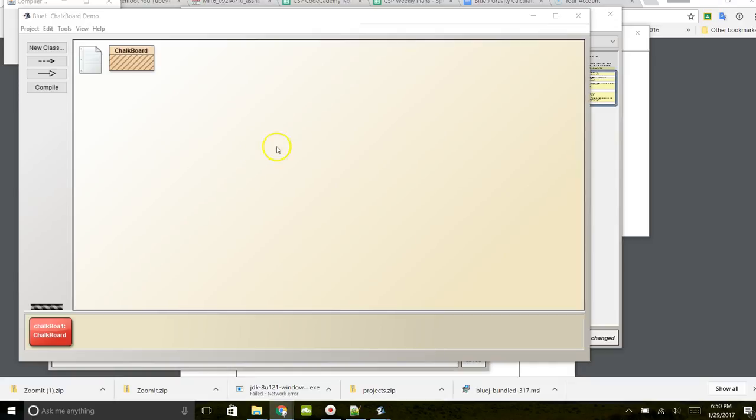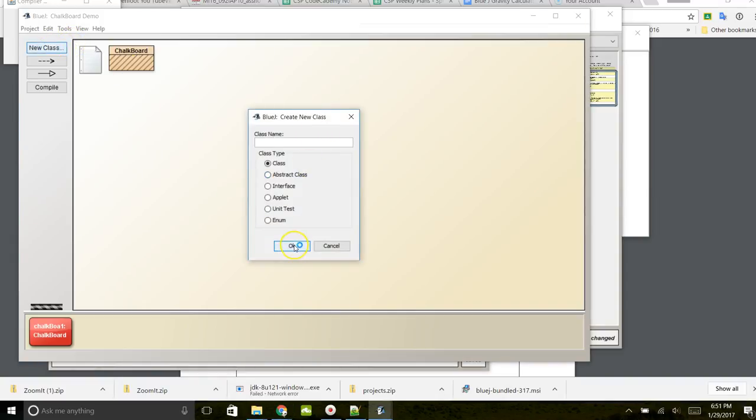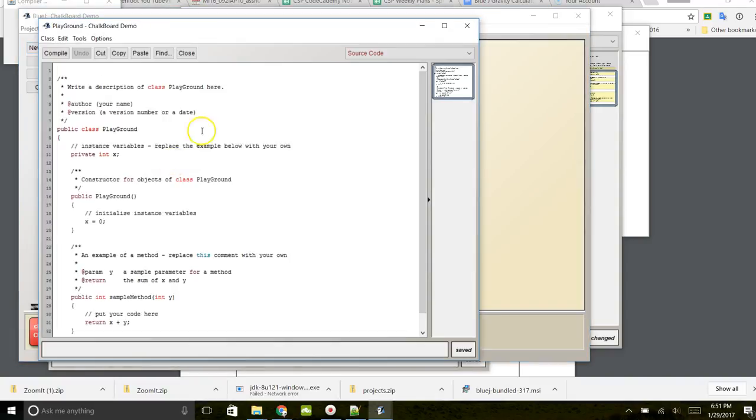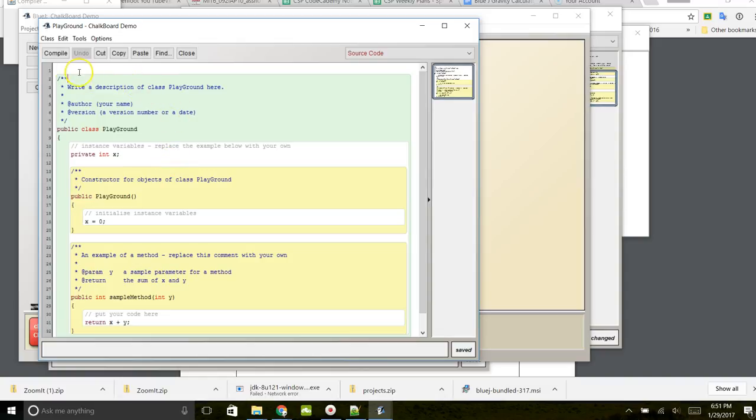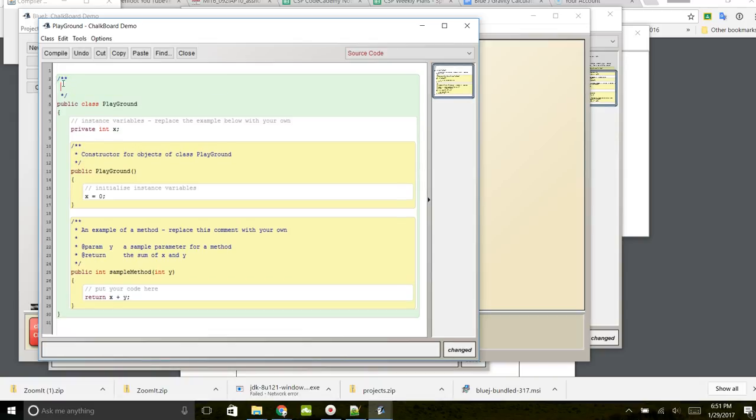Hello, in this tutorial we are going to learn a different way to create the chalkboard example that we did a little bit ago using a new class. But in this class I'm just going to call this one Playground. The reason I'm going to call it Playground is that we're going to create an interactive environment and basically gut all of this and take most of the code out. But we're going to create a program to experiment with code, but it might be a little bit easier scenario